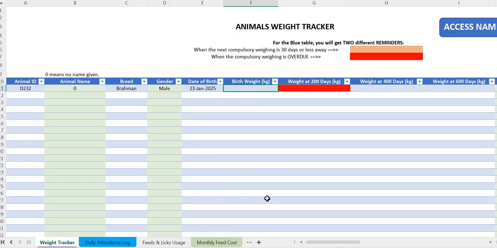The birth weight was, let's say, for example, maybe how much do those things weigh? 10, maybe. Let's put a 10. No, man. Let's put maybe a 25. Let's put a 20. Right. So 20 kg at birth. And now already you see here that it tells you that